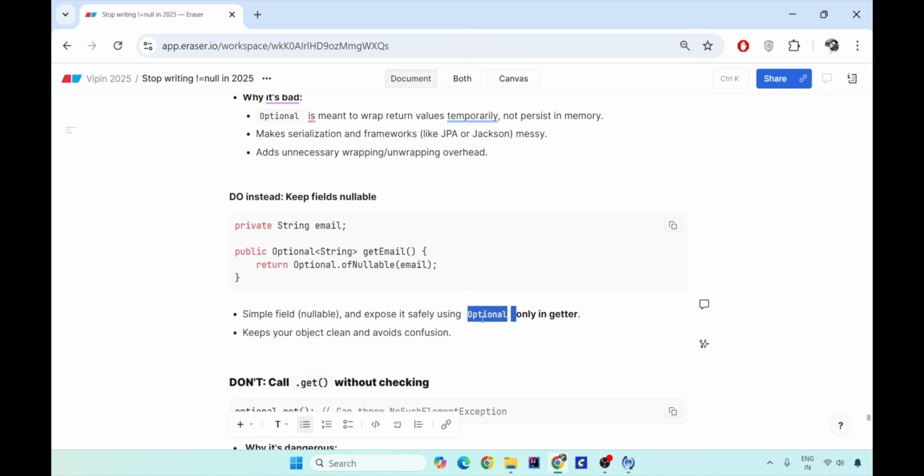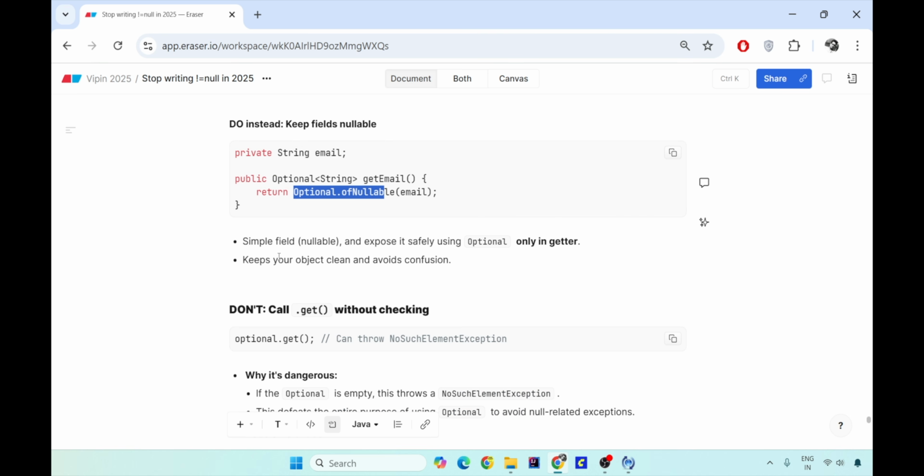So remember, you don't use Lombok @Data, @Getter, @Setter. Rather, override this getEmail method with your own. If you think that email can become nullable going forward, return the Optional of this in your entity class, so that whenever you use it in any of the business logic, you will be able to handle the nulls by using Optional.ifPresent or isPresent methods, rather than if you just do user.email and get the null pointer exception out of it. So it keeps your object clean and avoids confusion.